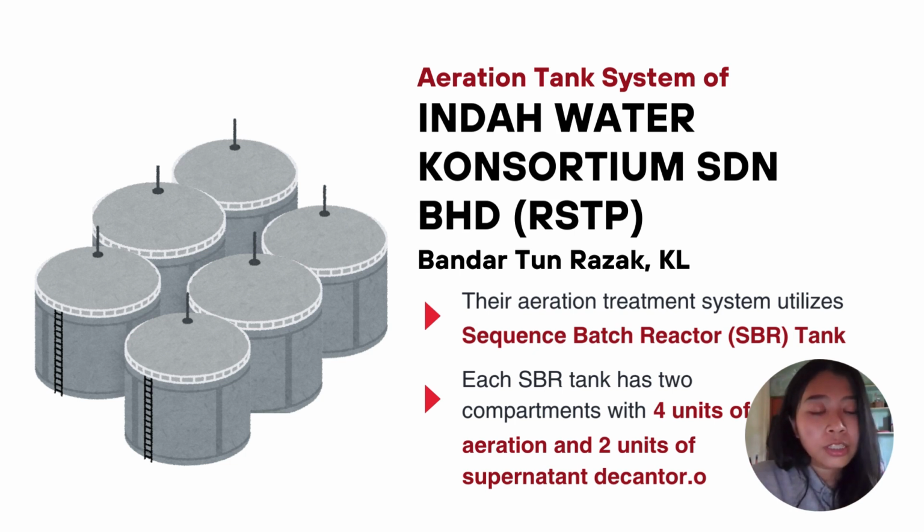The aeration treatment system utilizes the sequence batch reactor tank, SBR tank. They have 6 SBR tanks, and each SBR tank has 2 compartments with 4 units of aeration and 2 units of supernatant decanter. The aeration refers to the supply of oxygen in the water for the consumption of microorganisms. Meanwhile, the supernatant decanter refers to the